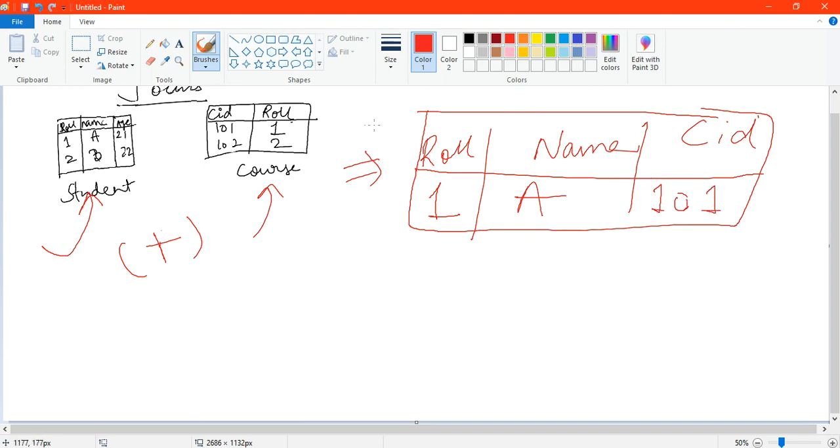There was one common column in both tables called roll number. Based on that common column, you came to know that here roll number 1 has name A, and in this table roll number 1 has course 101 allocated. So based on that common data or common column, you can join two tables. That's the main logic here. You can also have more than one common column, and then the data of the corresponding columns should be the same in both tables you are joining. Based on that you generate this kind of data.